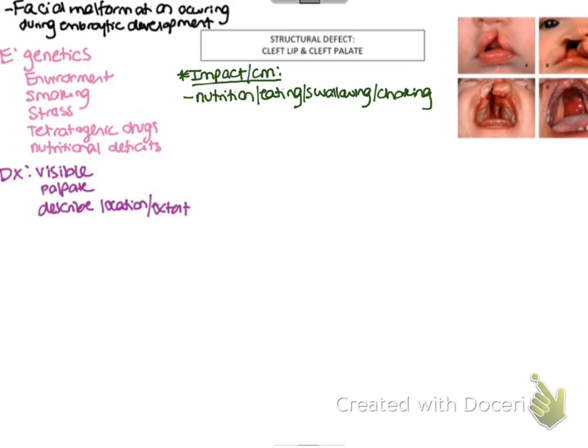But they have a hard time getting a good seal with bottle feeding, and they can't get fluid at the same rate because the palate is open, meaning that now it's going into the nasal passage, it can get into the lungs, and they can choke. So we have to be very careful. And if they're not able to eat, they're not going to get the calories and nutrition they need to grow. So our focus for these kids is on their growth and development regarding nutrition, because it can lead to failure to thrive. The goal is weight gain and development.